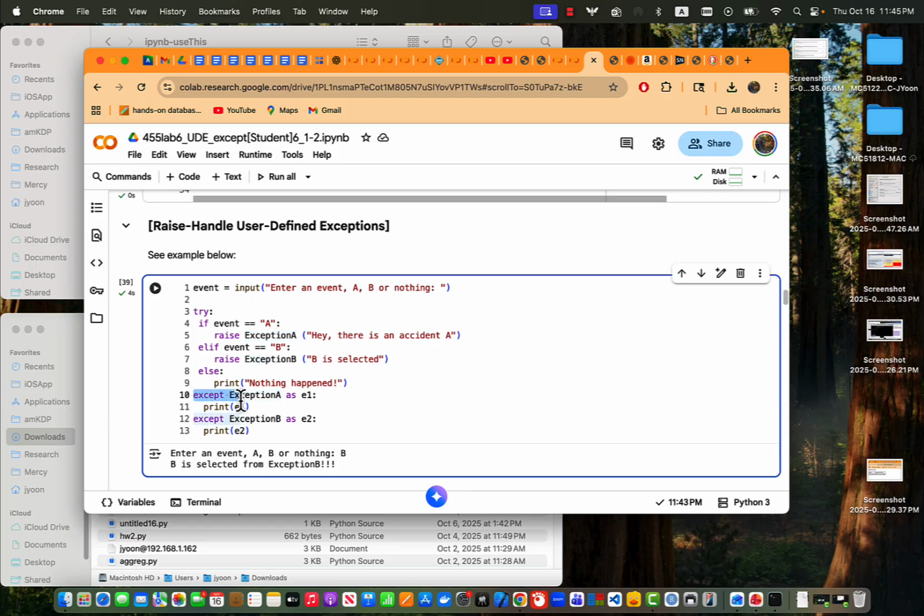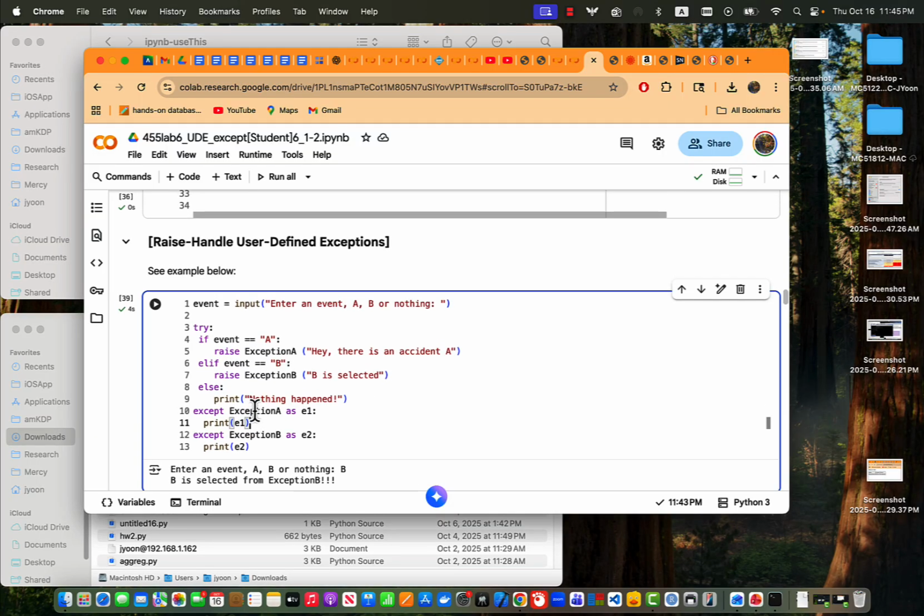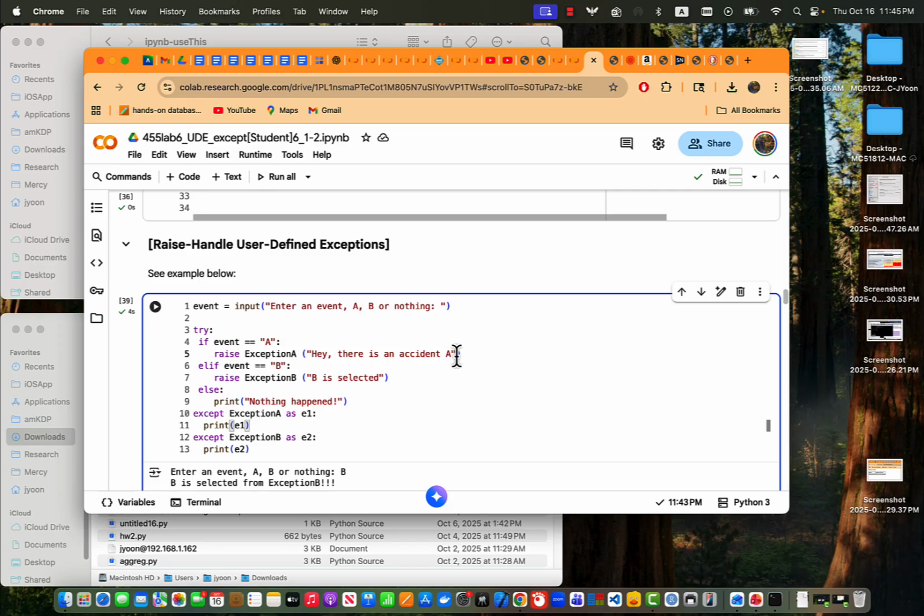The first exception block handles exception A. The second exception block handles exception B. The way it handles here is to simply print that object. All right. If we say here, for example, I want to send this with, for example,